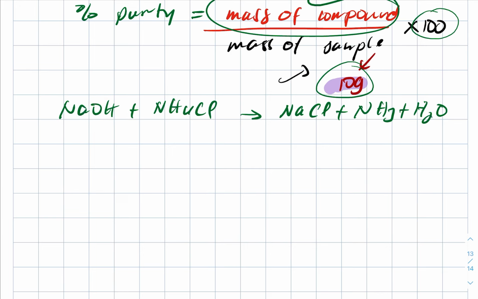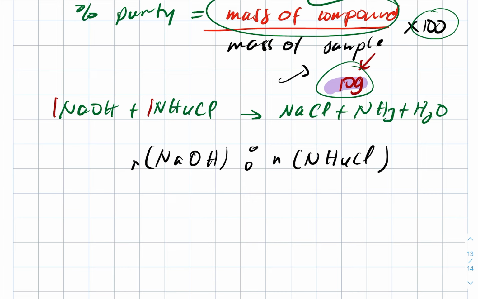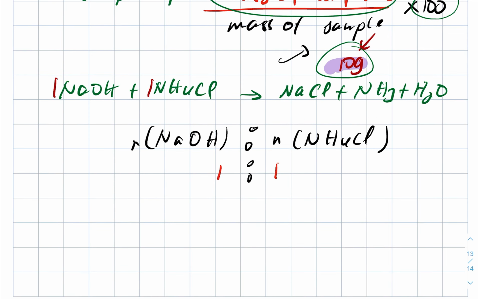So it's a balanced chemical equation. So the mole ratio between these is 1 to 1. And why? Because that's exactly what I'm going to need. The number of moles of sodium hydroxide to the number of moles of ammonium chloride, the mole ratio is 1:1. Why? They're reacting in equal ratio of moles. Meaning if I have 1 mole of sodium hydroxide, I'm going to get the same 1 mole of ammonium chloride